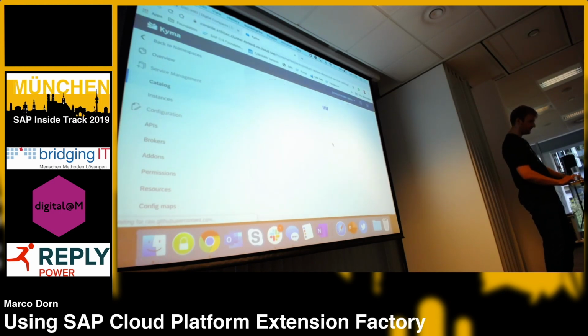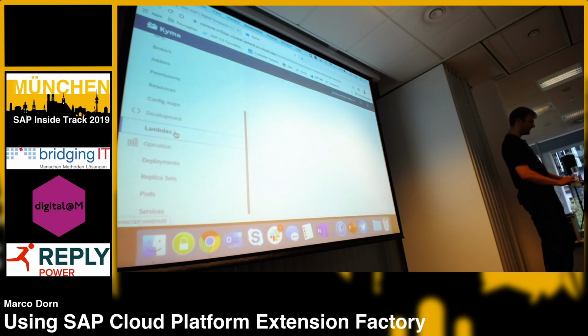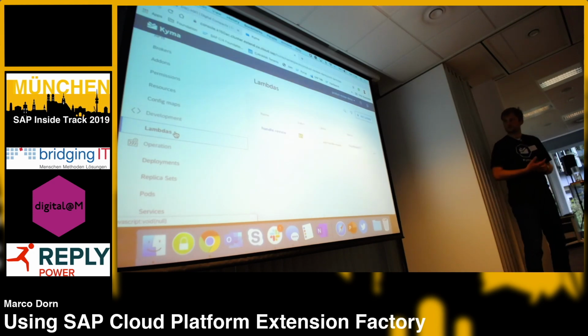So if I go there, I can review the different APIs that commerce is providing as soon as they've been loading. Here we go. So I can really see what API metadata I get via the management plane. And as well, for example, services again, I can see the Azure service somewhere instantiated. Here we go, the text analysis service. And this means now if I go to the serverless functions part, which is included here in the runtime as well,